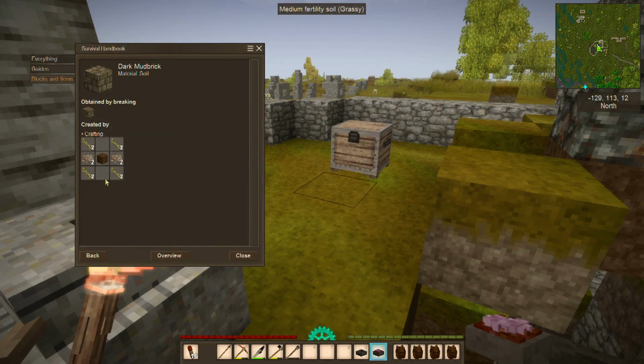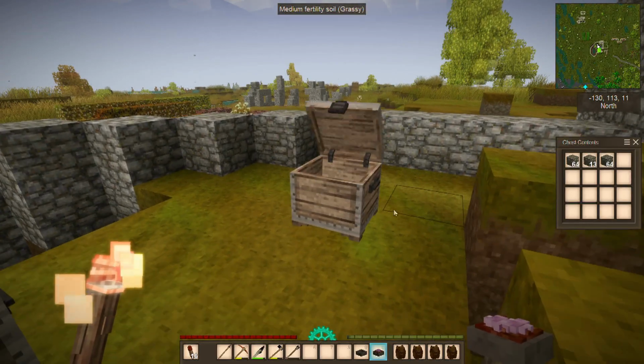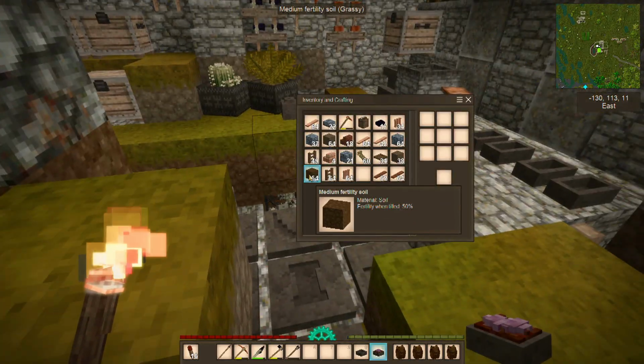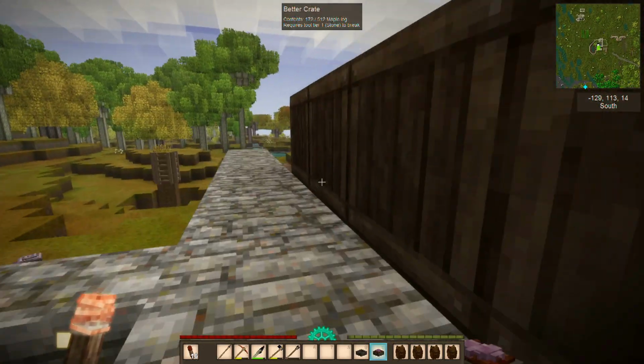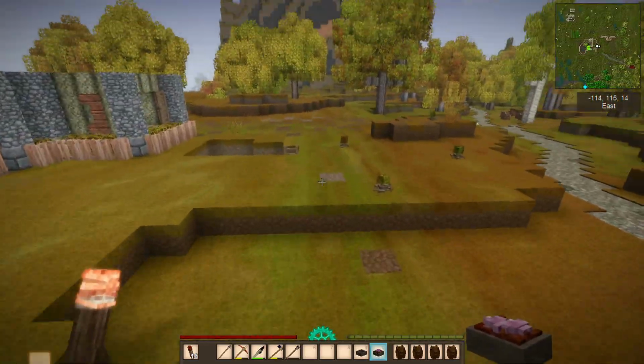And then the dark mud brick is just a bit less clay and no sand, and I think that makes a little less. So let's go ahead and grab some dirt. I have dirt in my inventory. Now, part of the reason I have dirt in my inventory is because I have been doing a lot of work over here,